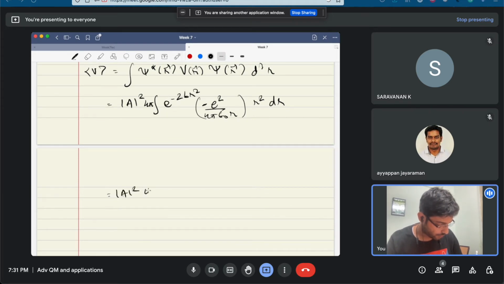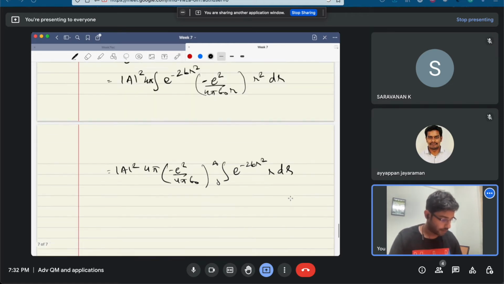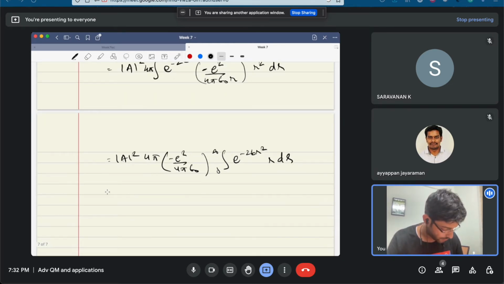So we can take all the coefficients out actually. Mod A square 4 pi, minus e square by 4 pi epsilon naught, and the integration becomes e to the power minus 2b r square r dr. And using the same, putting the mod A square,